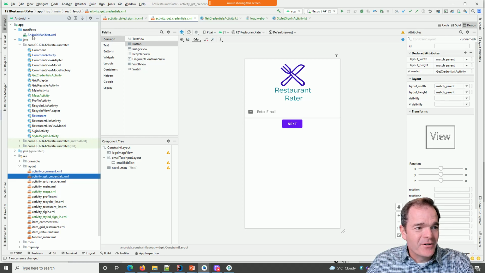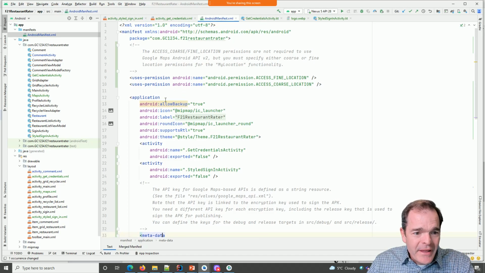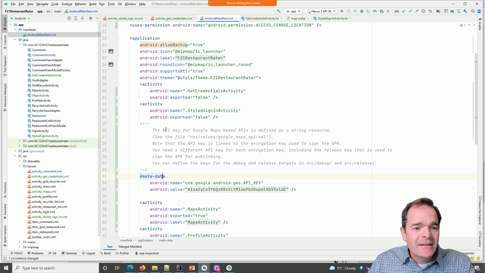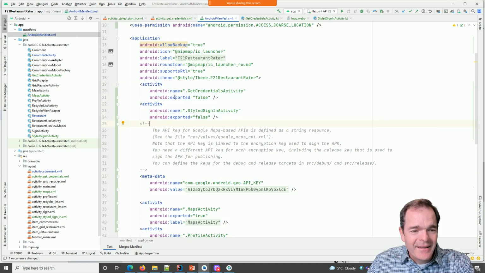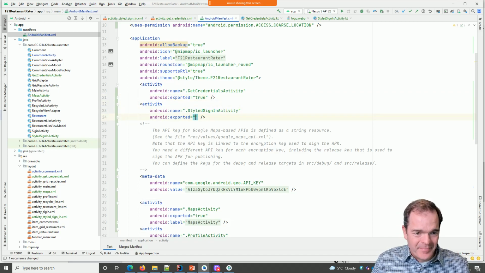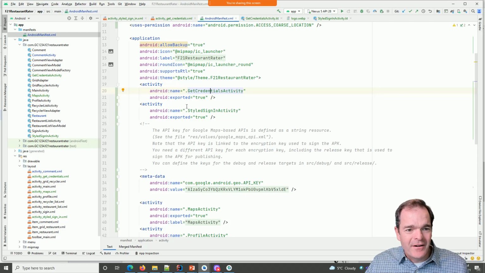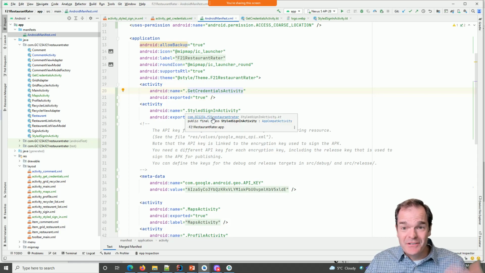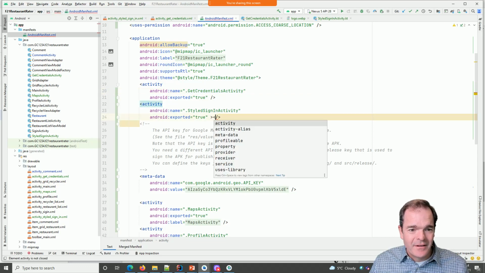So to do that, I'm going to go to my Android manifest file. And we have in here our new activities. And this field, exported, if they're not exported, they tend to give us problems. So I'm going to change this value to be true. And we want our styled sign-in activity to be our launcher. So I'm going to put a closing bracket